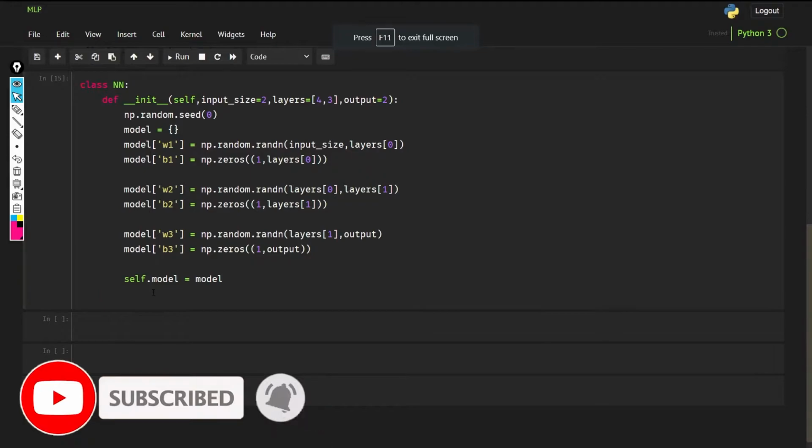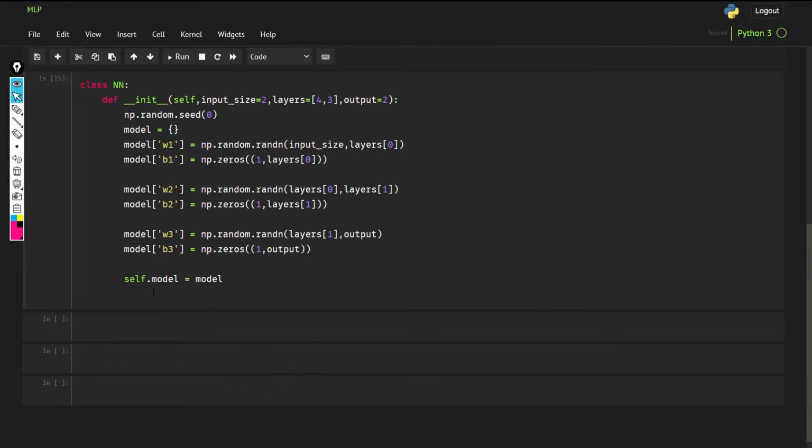So now we have this. Let's make a function for forward propagation. First we need to check the size of each and everything. So def forward, in this I'm going to pass self, and I'm going to take an input called x.